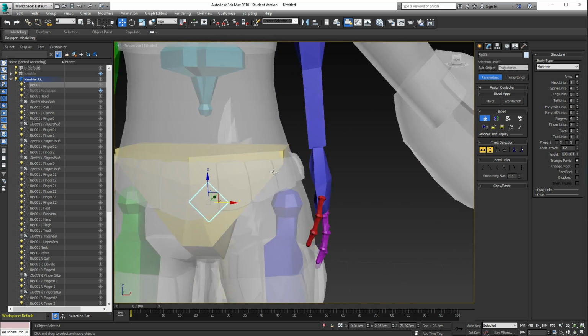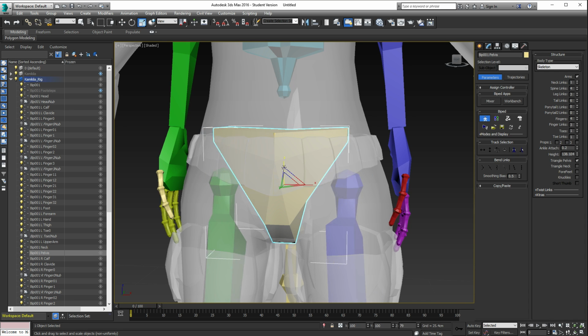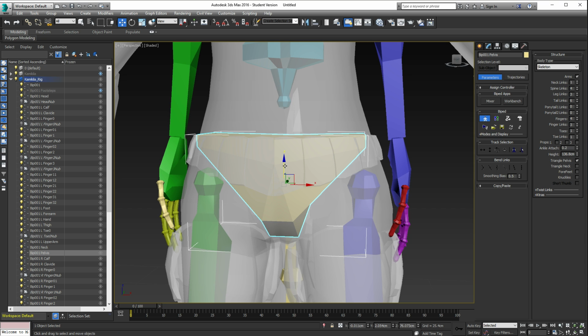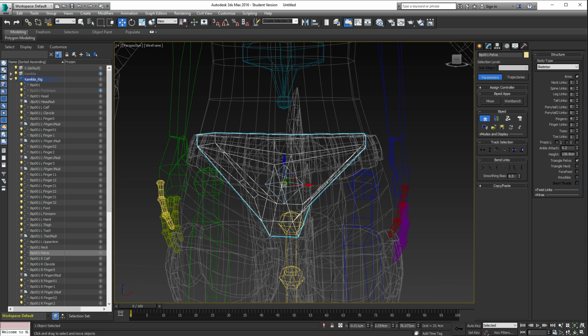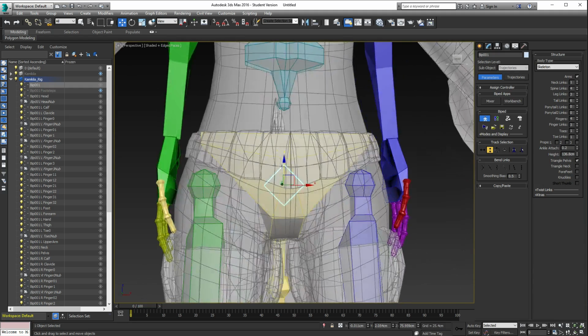that my pelvis is in a good location. Might be a little too big, so I'm going to go to my scale tool, scale it on the X, and you see, okay, that's a little better structure. I need to move everything down. And I'm just clicking F3 on my keyboard. F3 goes into wireframe mode. F3 turns off wireframe mode. Makes it very easy to play around with and make sure that everything is set up where it